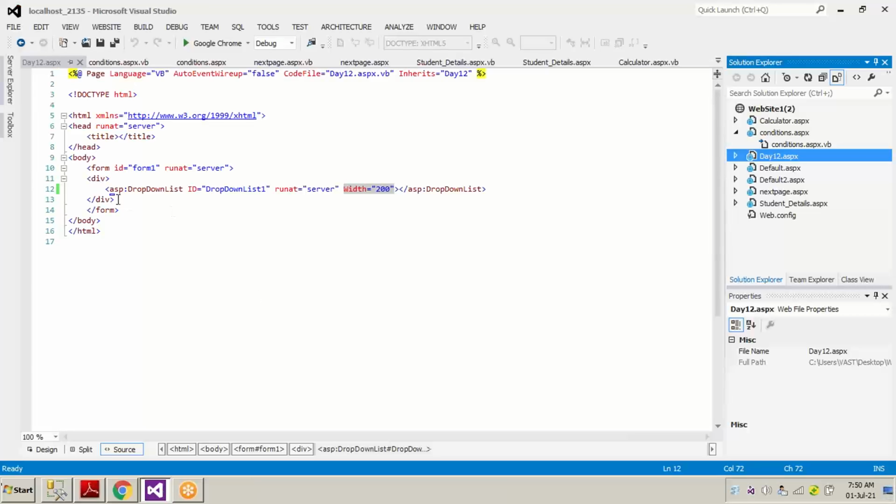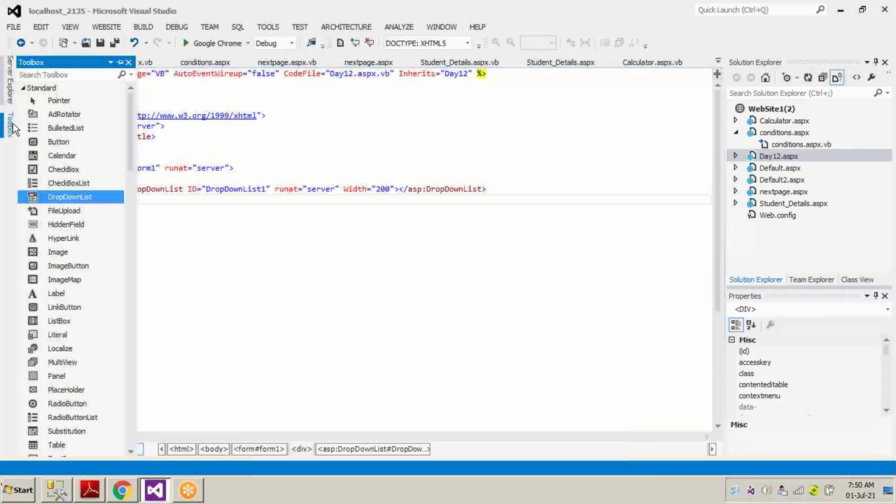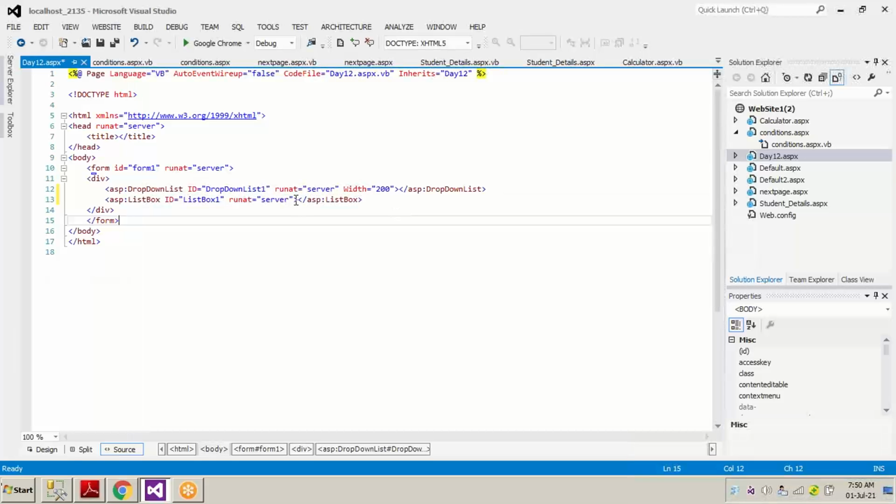So we will go back to the design time and we will be adding one more control, which will be list box. Okay. The difference between drop down list and list box is that if we add some data in list box, it remains open. We don't have to click as we click on drop down list and see the data as the list pulls down. That doesn't happen with list box. So these are two controls where we can see the data. Let me just open the page and refresh it, and we can see right here.